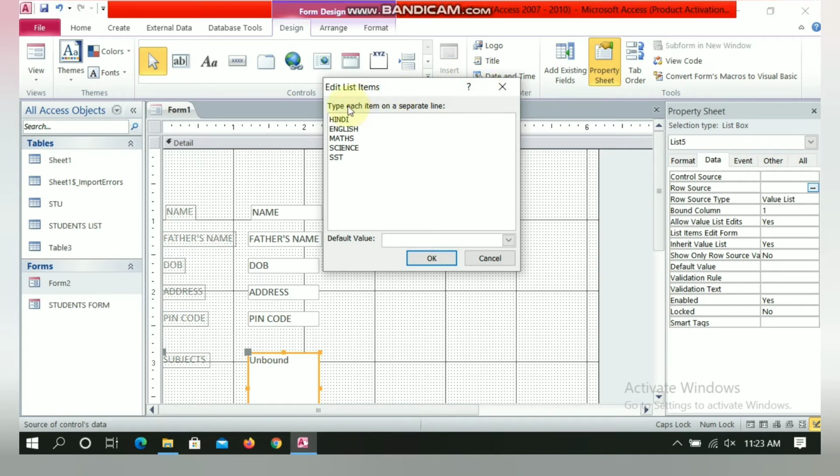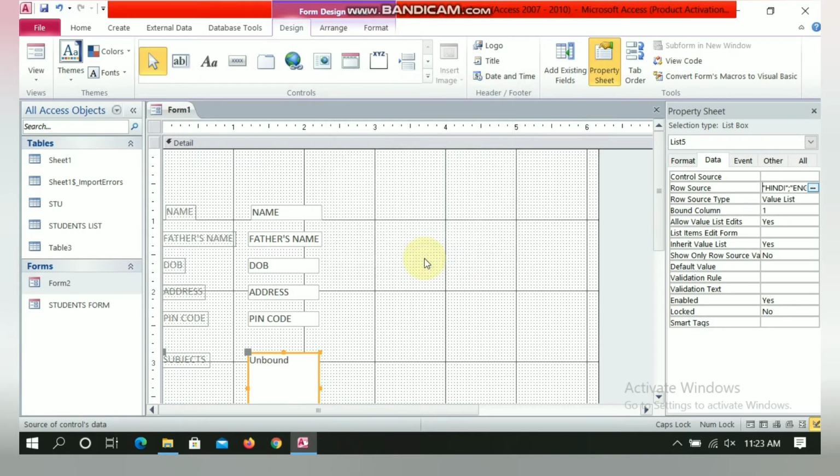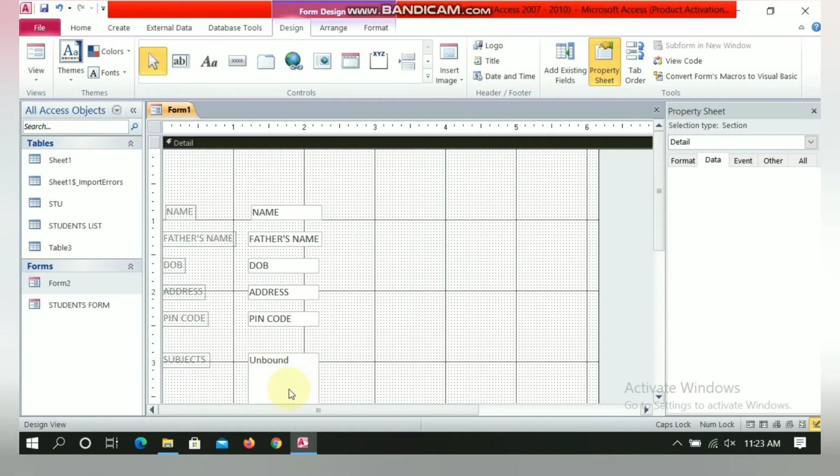Here it is written, type each item on a separate line. So I have written each subject on a separate line. After that click on OK. The subject names are here. Later on we can see them when we view our form in form view.